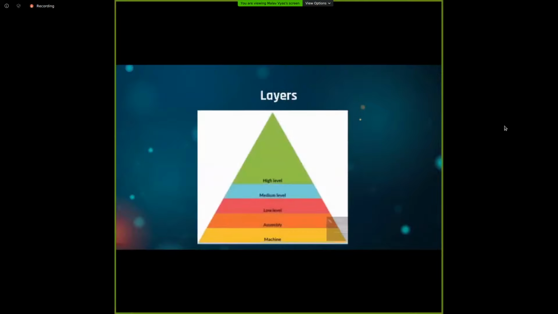Yeah. So there are a few layers for a computer, and we are going to reverse the program on the assembly level. We write the program at a high level with programming languages like C, C++, and so on.